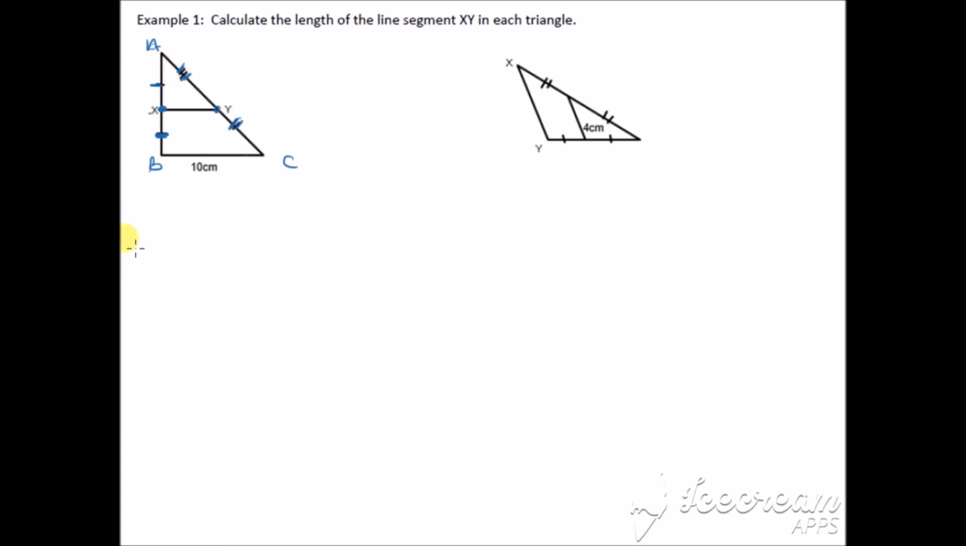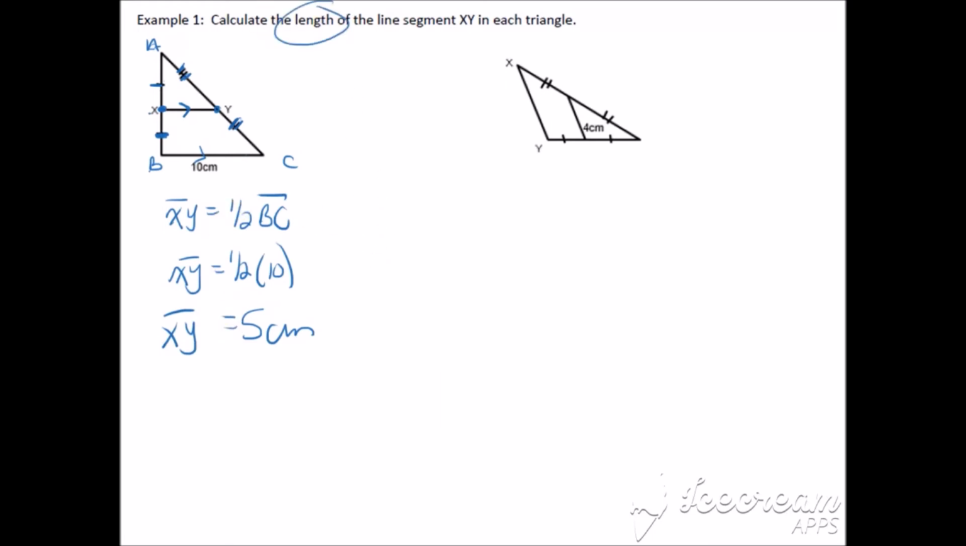Okay, so the theorem that we have is that these two lines here, XY and BC, so XY is going to be 1/2 of BC. So XY is going to be 1/2 of 10, which gives us 5. So the measurement of XY is 5 centimeters. And we're only calculating the length. Now the next one,